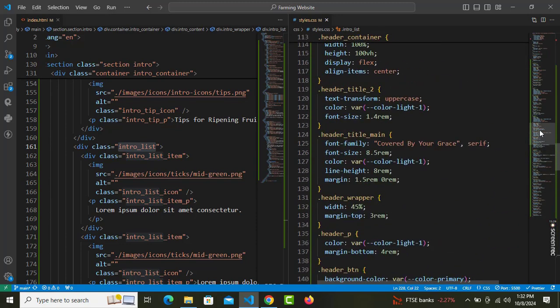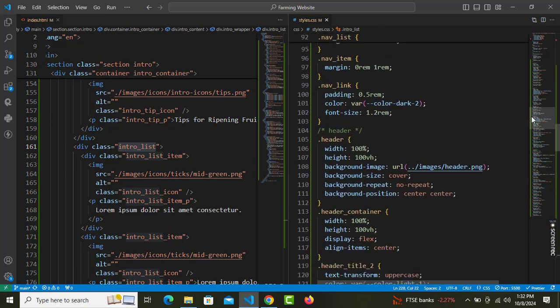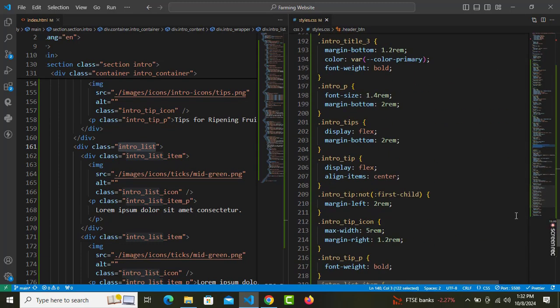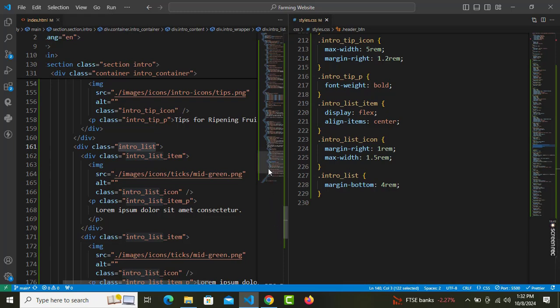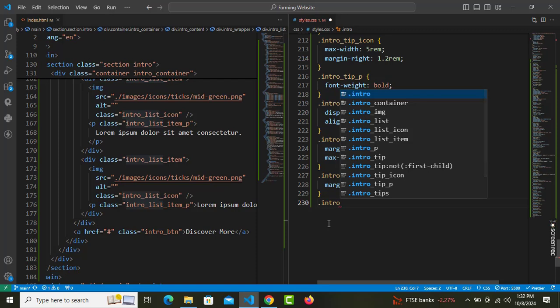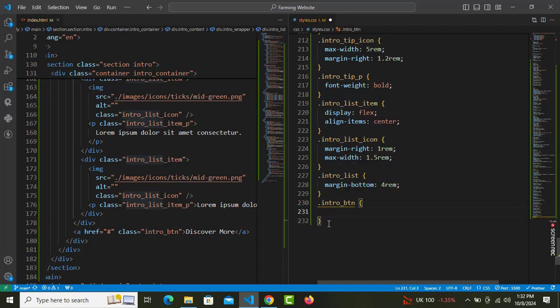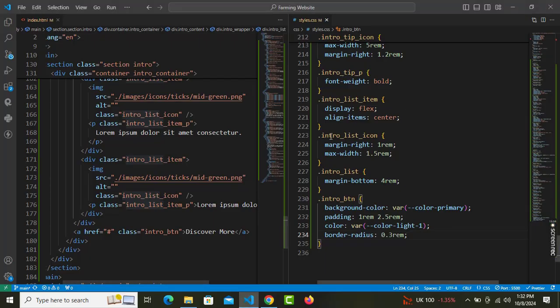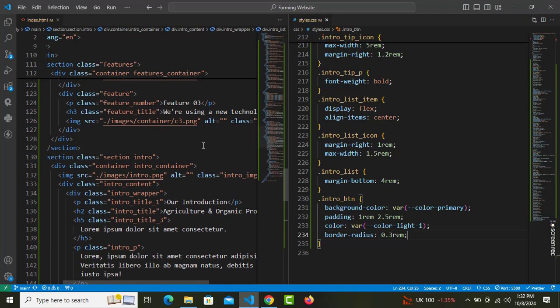And this button, so what I can do is I can go up to header and I just copy and paste the button styling. So what I can do, go here, add a class of intro underscore btn and paste those stylings, save, and yes, you guys can see that button. Now everything is really nice and cool, but let's try only one thing,